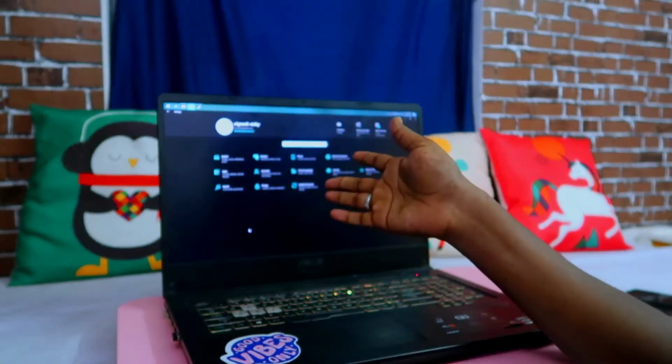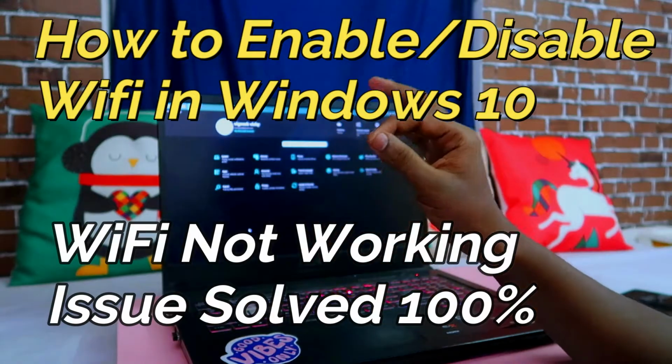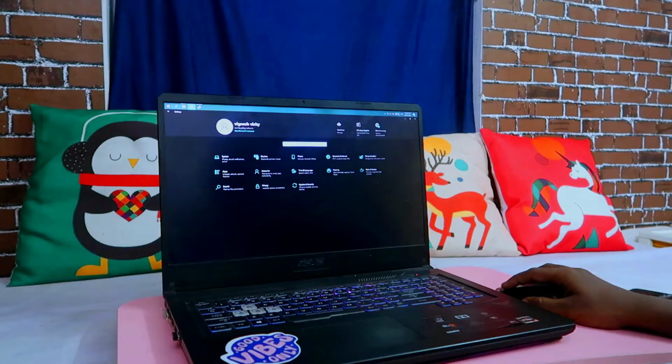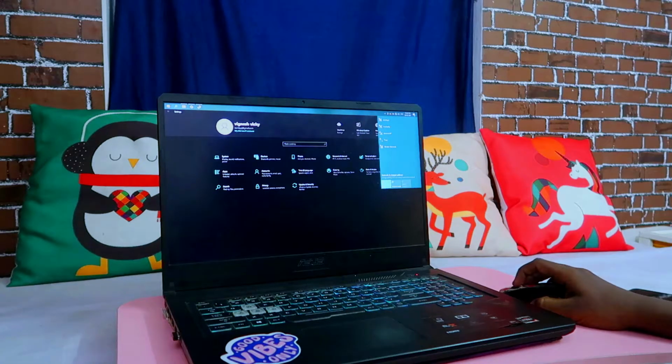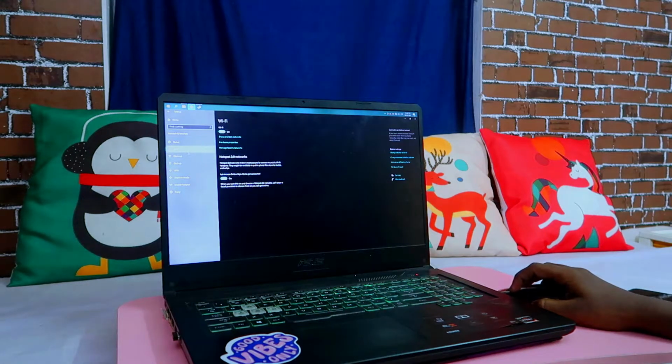In this video I'm going to show you how to permanently disable or enable the Wi-Fi setting option. By default you will get the Wi-Fi option in the taskbar in the connection manager. You can turn the Wi-Fi on or off here. Also in the settings under Network and Internet, there is the Wi-Fi option, where you can also turn the Wi-Fi on or off.